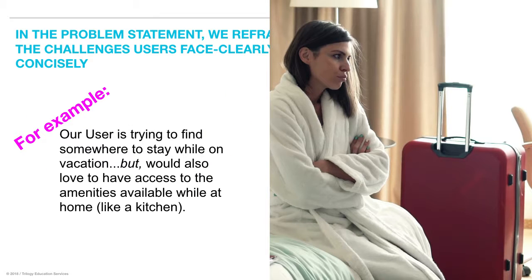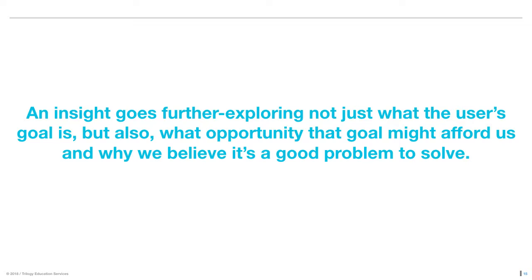So let's say, for example, with the problem statement, we reference the challenges users face clearly, and we're reframing the challenges that users are facing clearly and concisely. So, for example, our user is trying to find somewhere to stay while on vacation, but would also love to have access to amenities available while at home, like, say, a kitchen. An insight will go further. So let's say that's the problem statement, right? An insight's going to go further